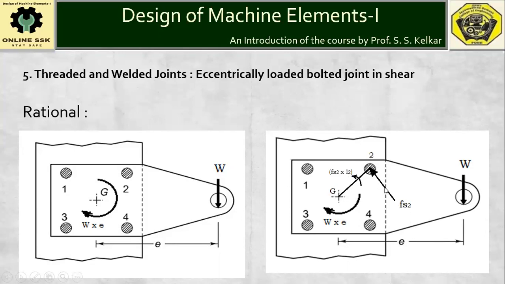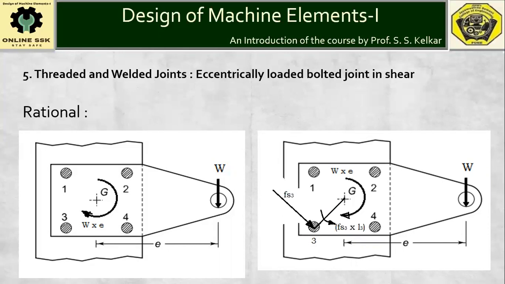The secondary force, as shown here in upward sense, will cause anticlockwise rotation of the bracket, wherein the externally applied load will cause the clockwise rotation of the bracket. Therefore, the direction as shown here for the secondary shear force is the correct one, which is causing rotation opposite to the direction of rotation caused due to the externally applied load W.